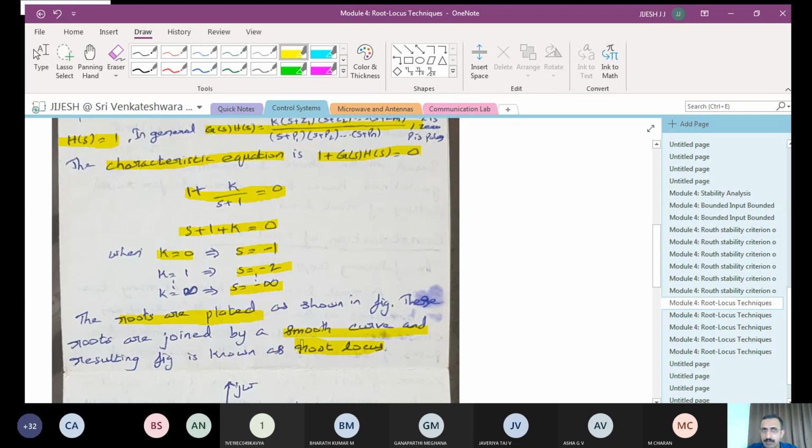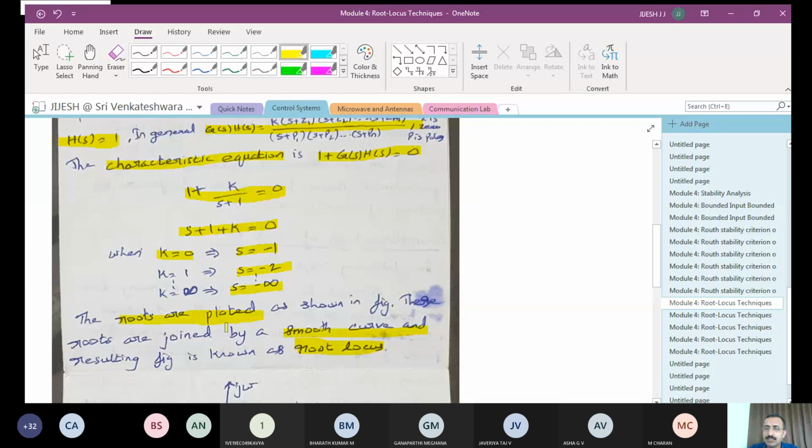All of you know that you have to take the S-plane representation, where you will have x-axis as sigma and y-axis as j omega. We have already seen these things before as well. So j omega is the y-axis and the x-axis is sigma. You have to plot these roots in the S-plane, that is -1, -2 and minus infinity, and you have to draw with a smooth curve. Don't use any scale, just use your free hand to draw the lines, and it should be drawn neatly.